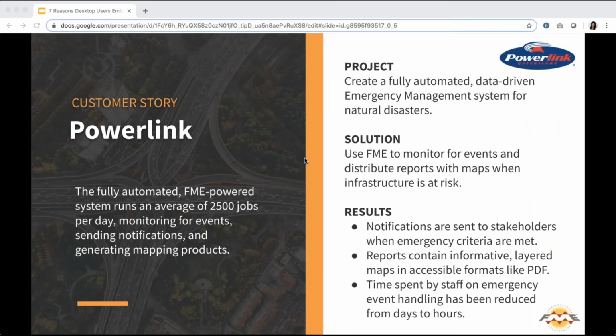So PowerLink Queensland wanted to create a fully automated, data-driven emergency management system for bushfires, cyclones, flooding, thunderstorms, and earthquakes. This involved consolidating infrastructure data, monitoring for severe weather events, performing impact analysis, and sending informative reports to stakeholders when infrastructure is at risk. Using FME, they built a connected series of workflows to monitor for events, such as when a meteorology website posts a weather alert, and analyze the potential risk and impact. When emergency criteria are met,